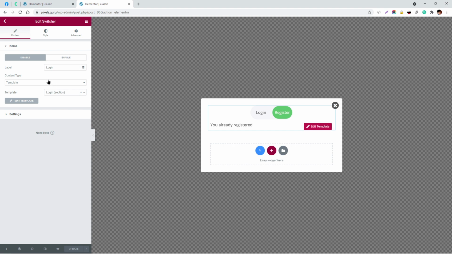But this one allows us to only have two options because this is a switch widget instead of a toggle, right? And for these widgets we can have some templates. We can create a template, edit the template from right here, but to edit a template from here or here, you will need to first assign it here.